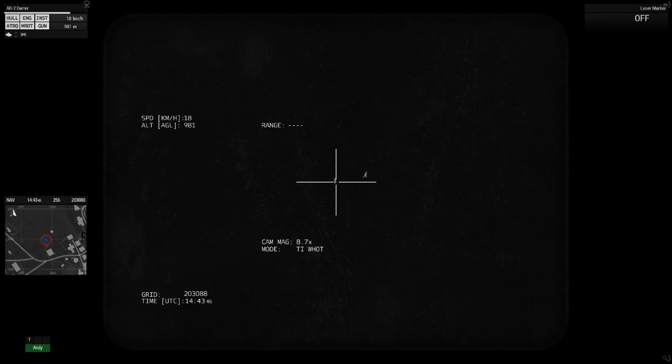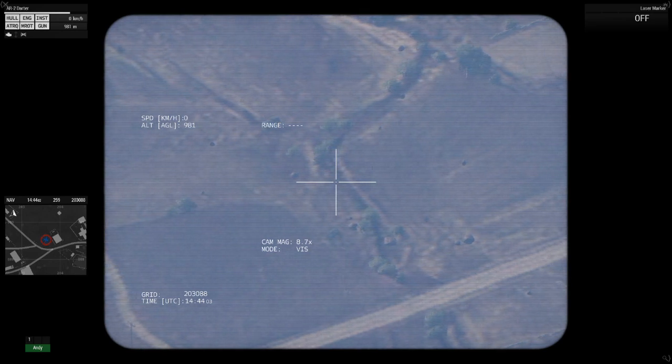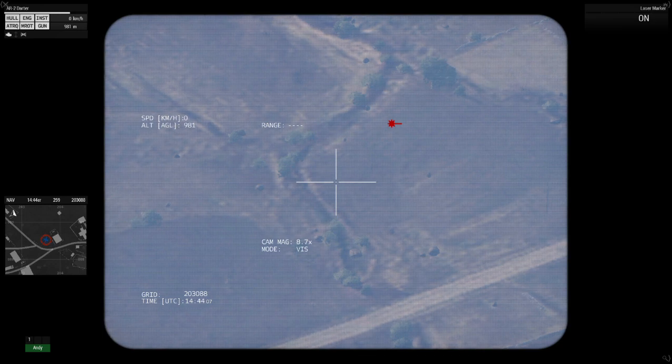I'm going to try and aim at a guy. I'm going to control, if I can get it, it's a bit fiddly with these little ones at this kind of range. I'm going to try and control T to lock my camera on it. There we go, we've got him. So what you'll see is I'm not giving any inputs right now, and the camera is actually tracking that guy. So I'm going to turn my laser on,